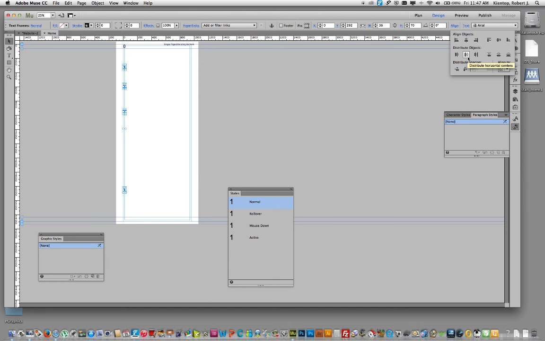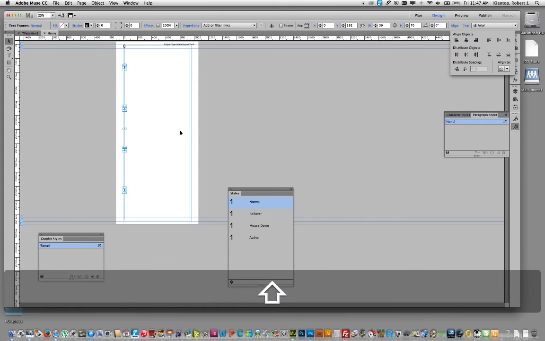Let's kind of distribute these off their center. Actually, this is what I want to do. Distribute them off of the vertical axis. That looks pretty good. And then I'm just going to hold down Shift and go down arrow on all of